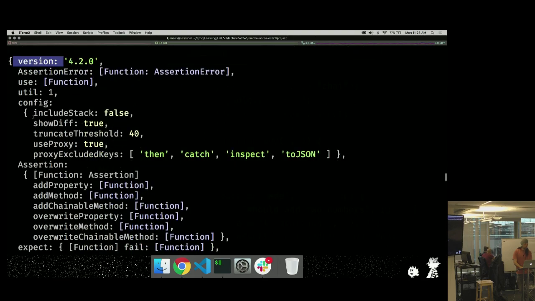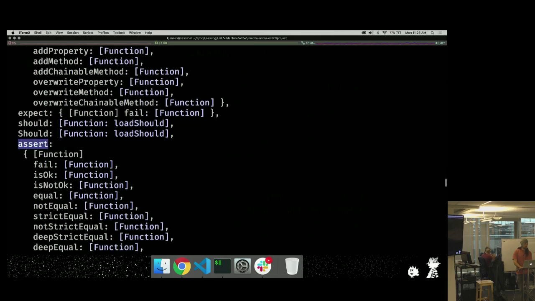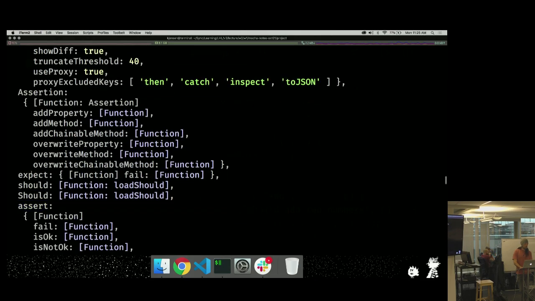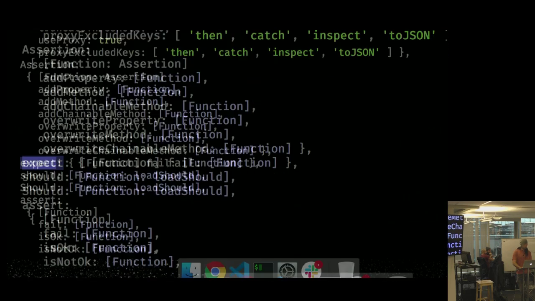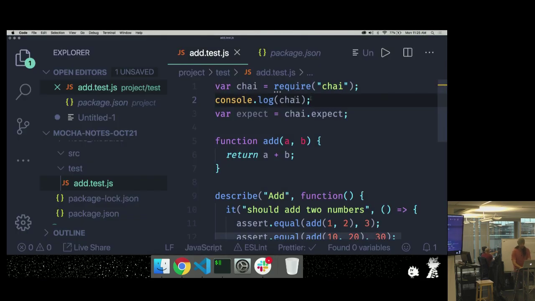It has a should function attached to it. It has an expect function attached to it. It has this assert with a whole bunch of sub-functions. So this is what's coming back, and what we want is just this one little thing out of this library, this module we're importing. And so because it exports an object, we have access to a whole bunch of different things. We grab expect,